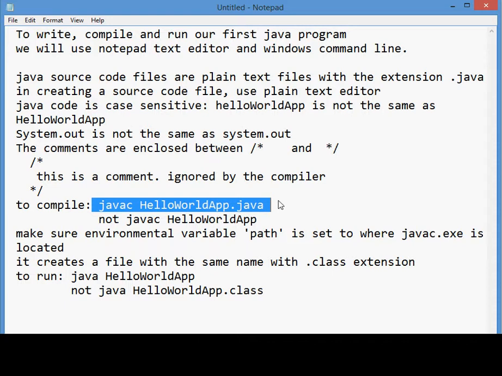Make sure that the environment variable path is set so that Windows can find this javac and run it. Otherwise, it will complain. So if no errors are found by the compiler and you have done everything by the book, javac will create a file with the same name but with the extension .class.